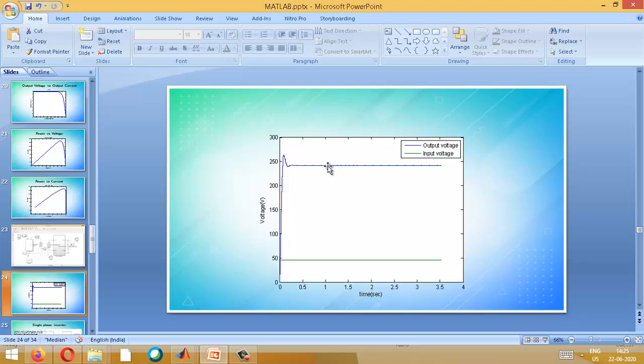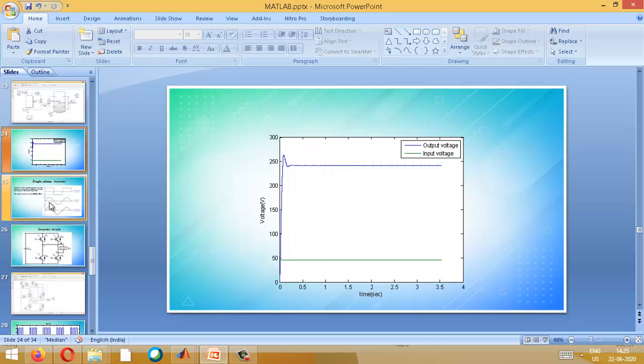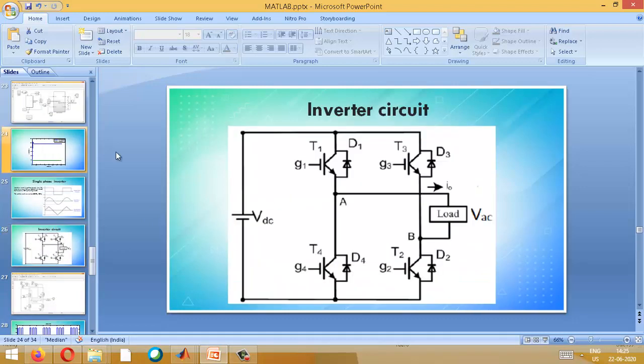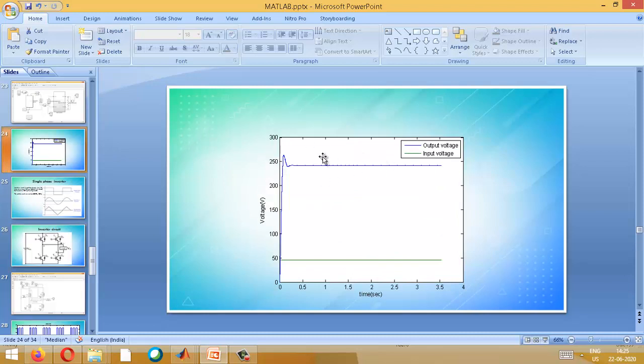Okay, now what is our last step? The last step is to design an inverter circuit. See, you have got the output voltage in terms of DC. We all know that DC voltage we are not directly using, we are using only AC. So what we have to do is convert it into an AC source. So you will get a single phase AC source that you can give to your appliances.